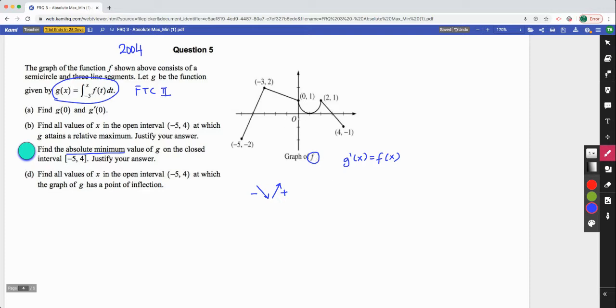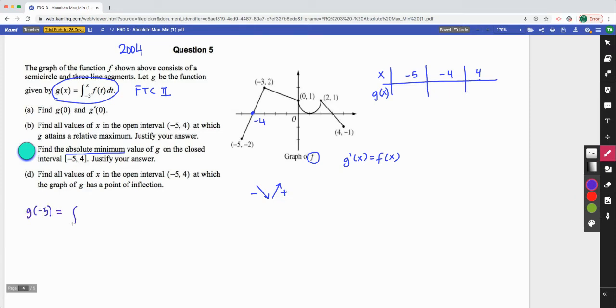So this is the g prime graph, right? I'm just going to check where it is going from negative to positive, so below the x-axis to above the x-axis at this point. So this is negative 4. This is the only point where g prime goes from negative to positive, which means this is a candidate for a critical point to be an absolute minimum. Then I'm just going to go ahead and create my chart of x and g of x. So my candidates are negative 5, negative 4, and finally 4, which is my endpoint. So let's go ahead and figure out g of